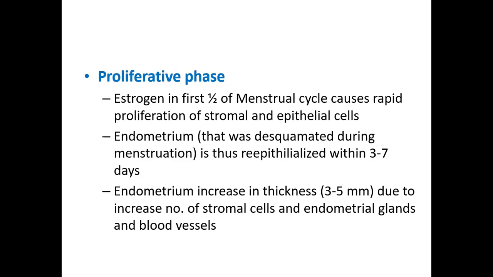The endometrium, which is in the post-menstrual phase. In the previous menstruation, the stromal and epithelial cells that had rapidly proliferated in the previous cycle were all shredded, so the destruction that happened in the previous menstruation is built up again, the revitalization happens again. The epithelial cells which were destroyed and shredded and released in that menstrual fluid will again build up in the next 3 to 7 days.